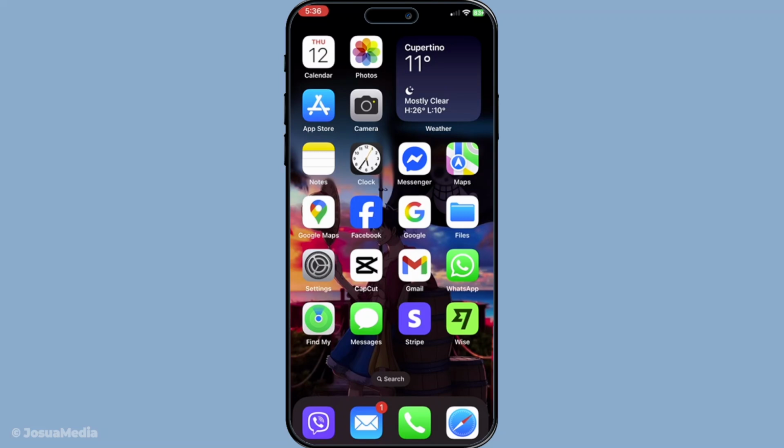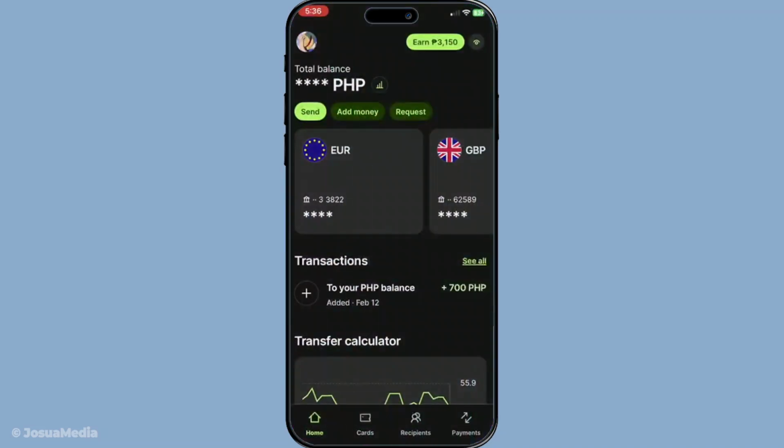First, you'll need to open the Wise app on your phone or visit the Wise website on your computer. If you haven't logged in yet, be sure to enter your credentials to access your account. This is the main entry point for all the transactions you wish to carry out, so getting comfortable navigating it